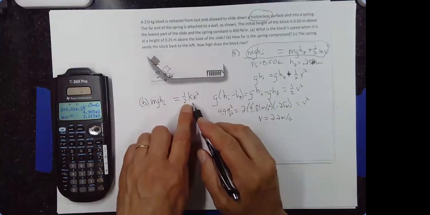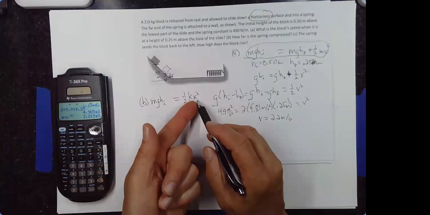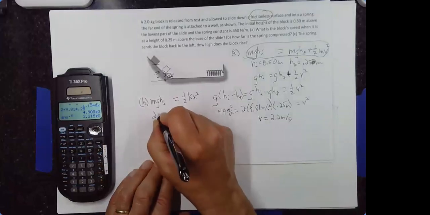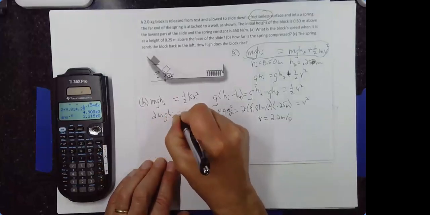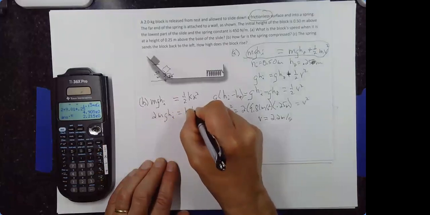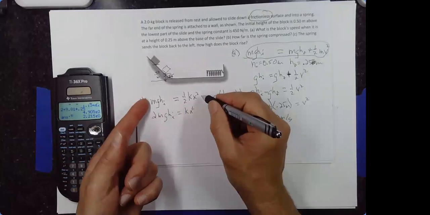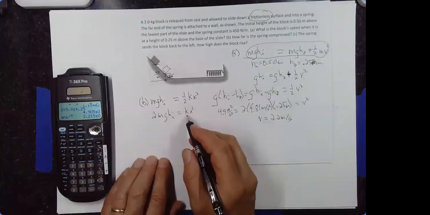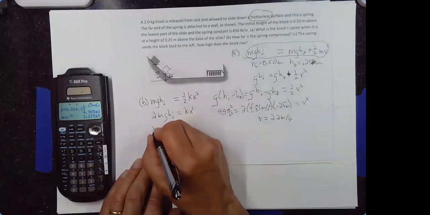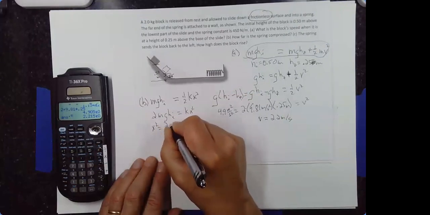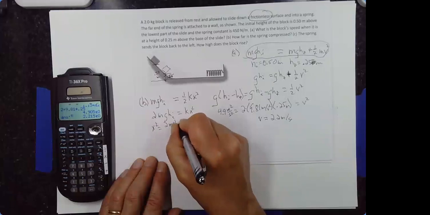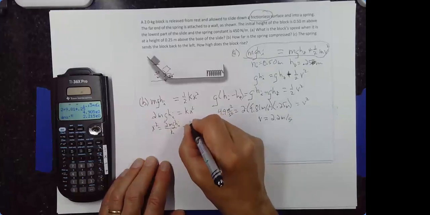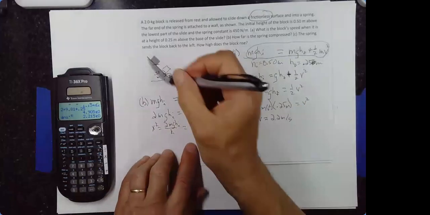I'm given the spring constant. The only thing I don't know in this equation is x. So if I multiply both sides by 2, mg h sub I is equal to kx squared. By the way, getting that equation is the big conceptual hurdle on this question. And then divide both sides by k, and I'll get x squared is equal to 2mg h sub I over k,